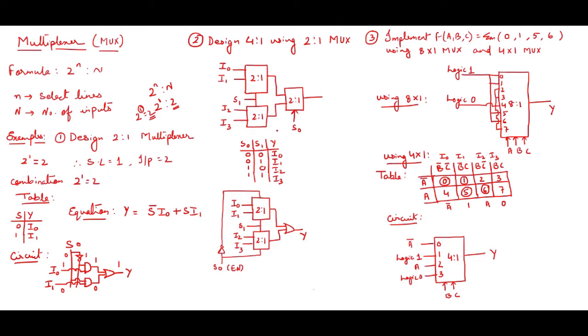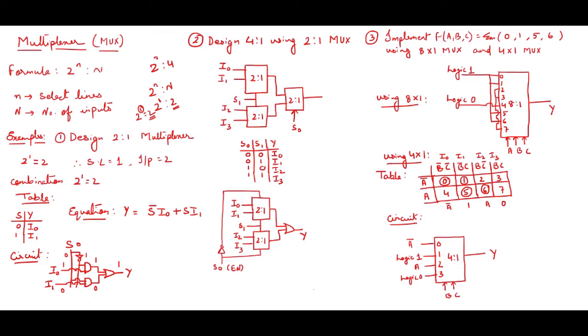Now how will it work? The trick which I have used is that I have taken S0 over here, S1 over here. Why have I taken this? You can observe this truth table over here. What exactly are you finding? 0 0 is I0. Why S0 S1, and why 0 0? Because 4:1 means if you put the formula, 2 to the power n is to 1, I don't know the value of n, I am just putting the number of inputs, that is 4.